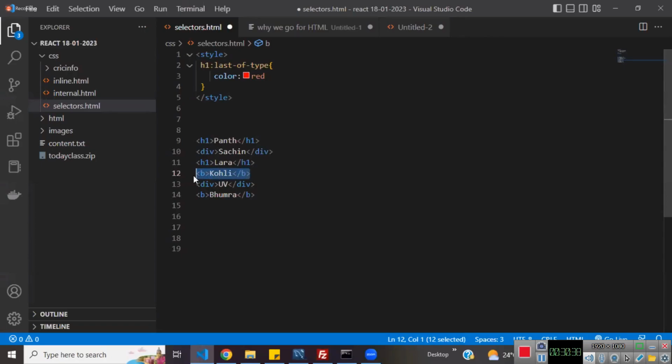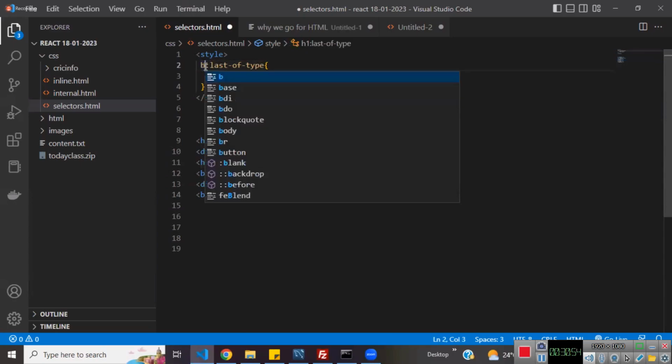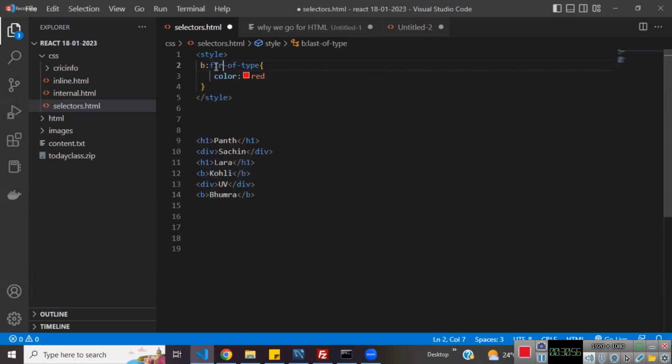If I go from top to bottom, is this the first occurrence or not? Yes or no? So can I write first-of-type? B first-of-type, you can write it. Will it work for last-of-type? No. Now if I run this one,